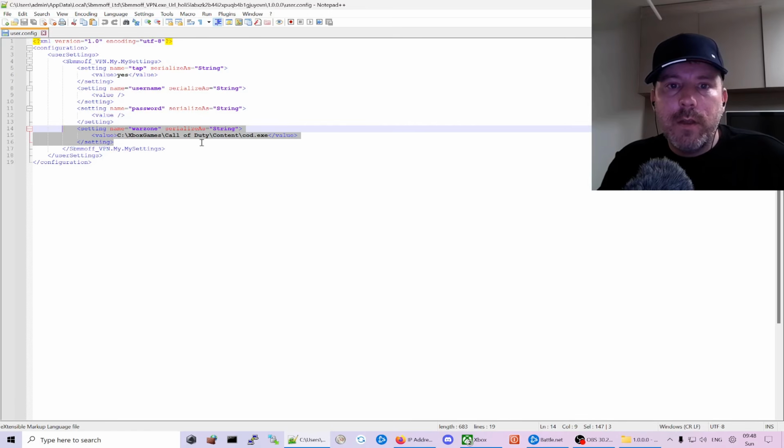So as long as it looks like that, has your correct drive and your path, you know where you installed your Xbox games folder and your Call of Duty game, right? But that's the key important part, and that's it really. It's very simple. So you save it, and then when you start the application up in future,